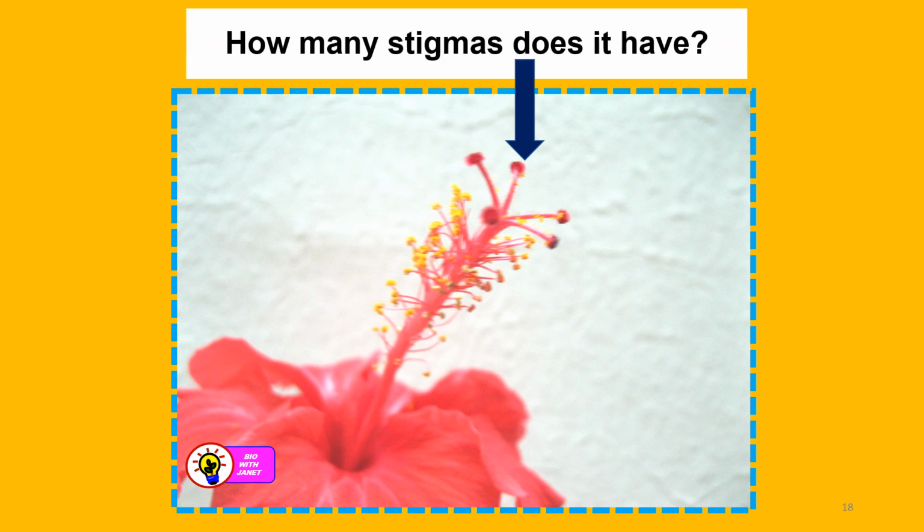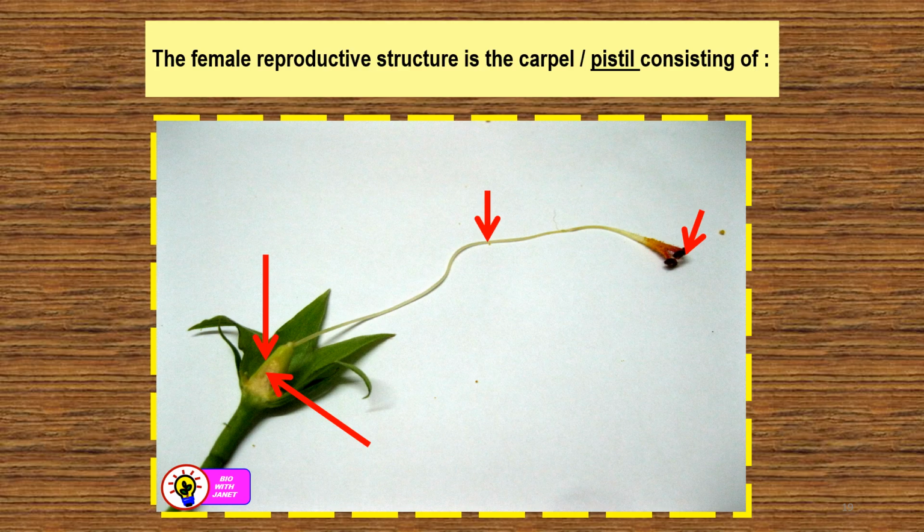Okay, find out how many stigmas there are in the hibiscus plant. Yes, altogether 5. 1, 2, 3, 4, 5. But they all fuse together, right, at the lower parts here. Now, this is the female reproductive structure called the carpel. Okay, so the style, the stigma here, there are 5 stigmas,